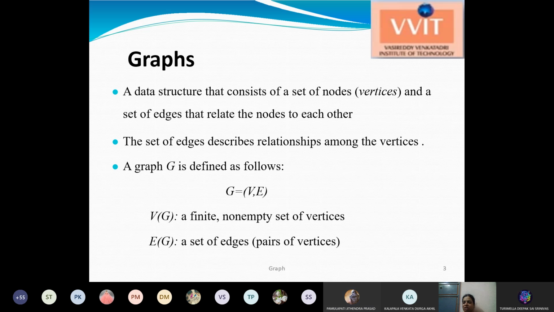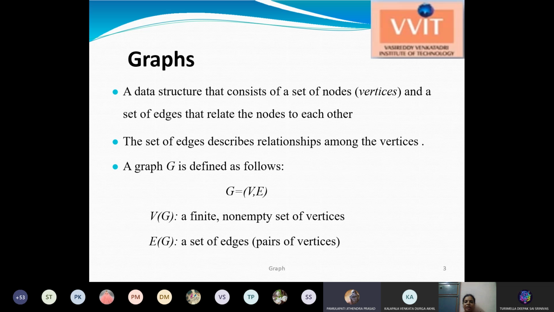By knowing the connections from one person to other persons, they can find the origin of the message. So there are a number of real-time applications of graphs. I am giving all these examples just to get you more interested in the graphs topic.